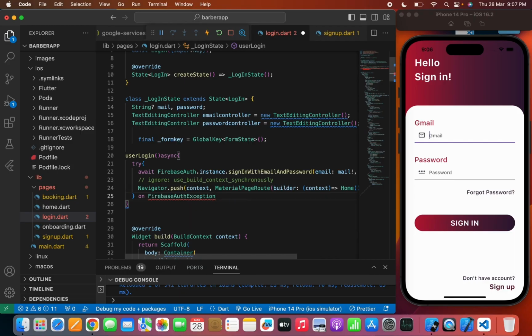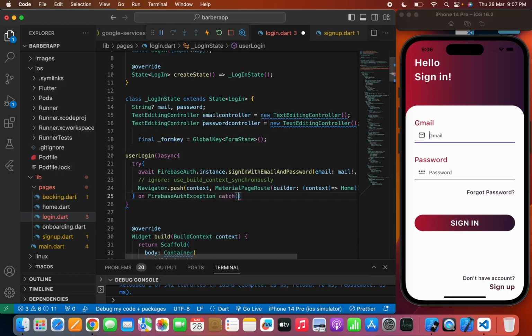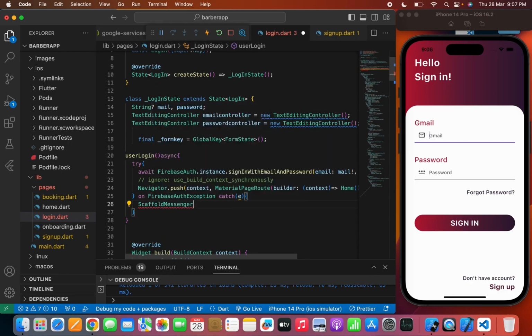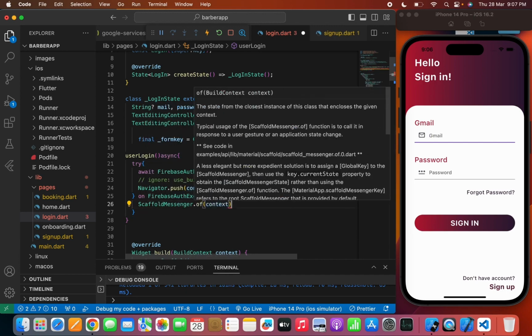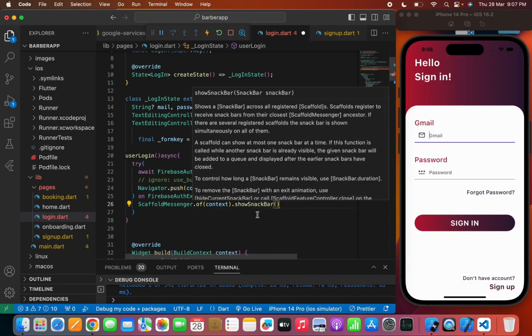So I will write FirebaseAuthException, and here I will write catch so that we can catch the respective error. So I will write ScaffoldMessenger dot of context dot show snack bar. Basically, as I have explained to you, snack bar is something